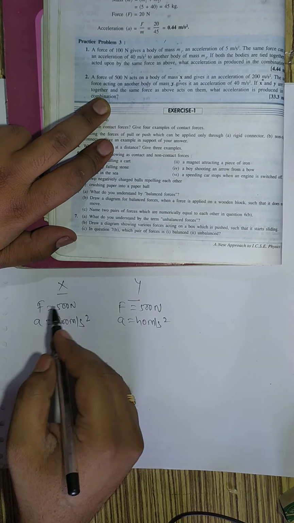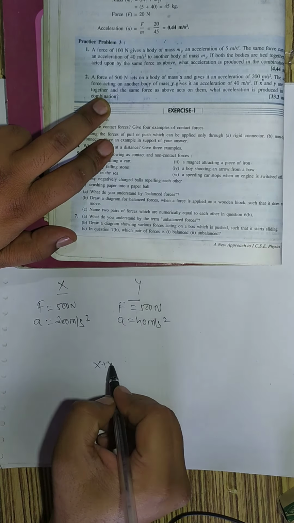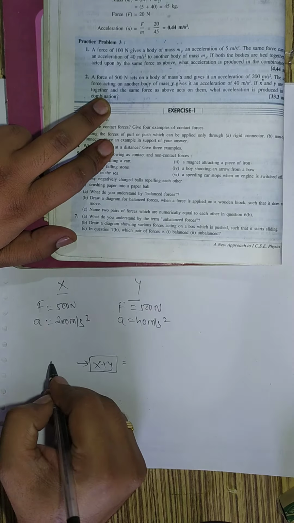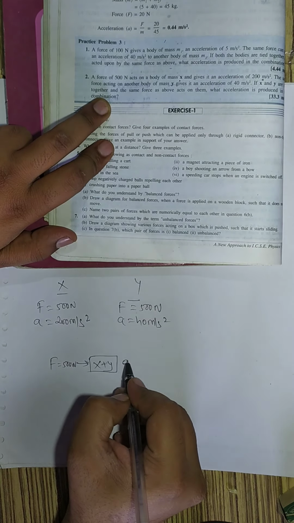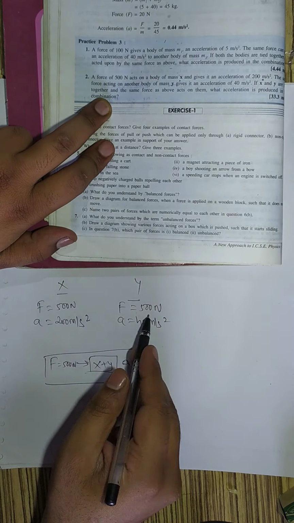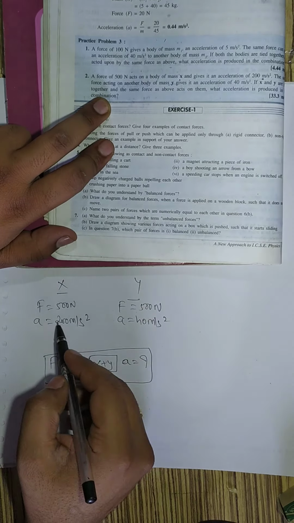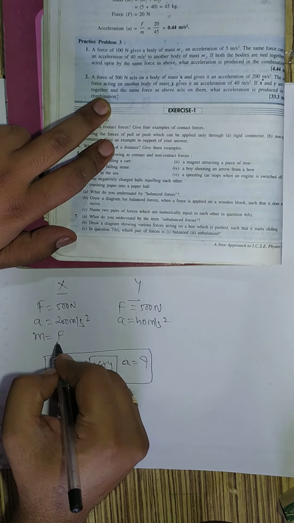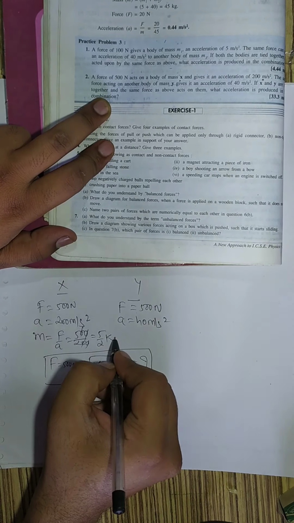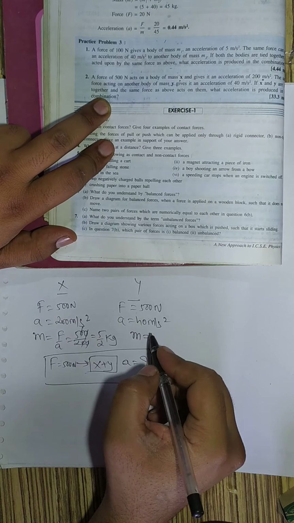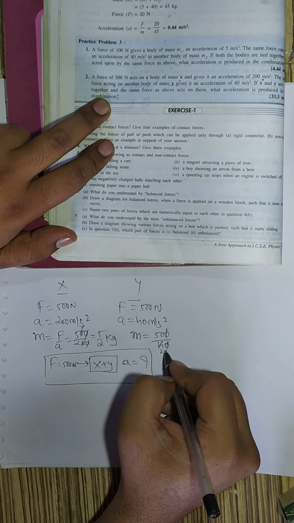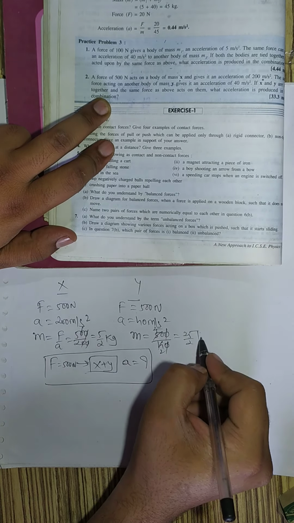We have to find out, when both x and y are tied together and the force experienced by them is the same 500 newtons, what will be the acceleration? In order to identify this scenario we should calculate masses in this case. So mass will be F upon a, 500 upon 200, so we get mass as 5 upon 2 kg. And here also if we find out mass, 500 upon 40, this will be 25 upon 2 kg.